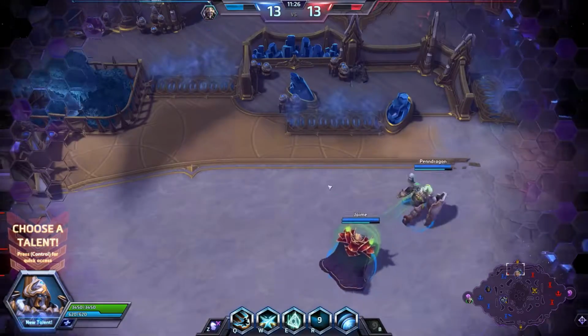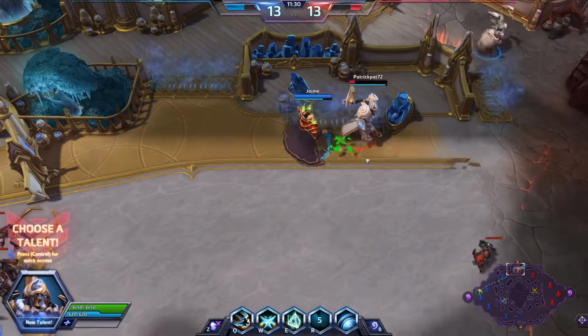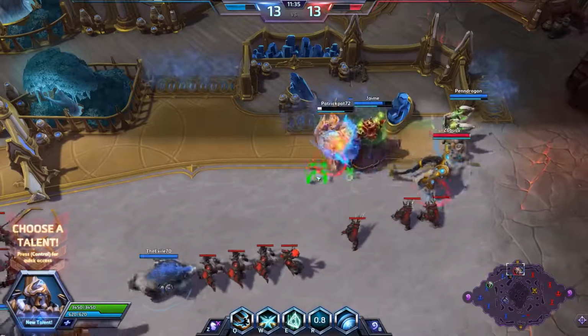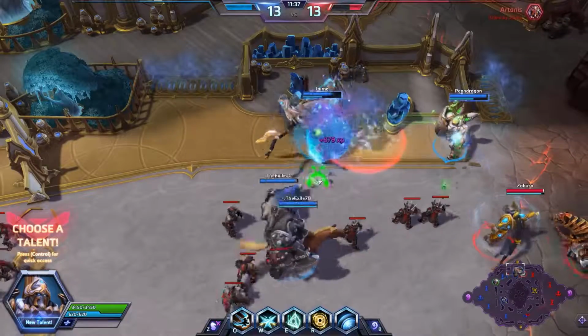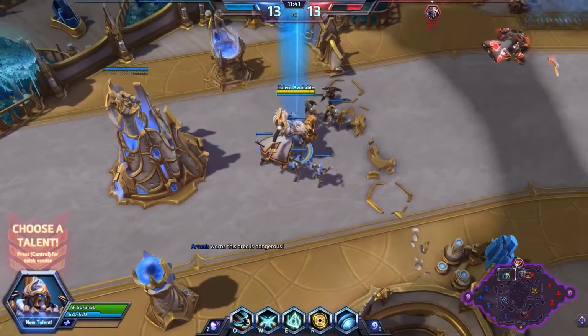Now Artanis in a lot of trouble. Can he get away from this? It looks like he is going to try to juke, but Kelthus just walks up and starts shooting him in the face with those auto attacks. And that is almost a kill, although the shield pops up. Morale is keeping Kelthus up, and we do secure the kill, although I'm pretty sure the enemy Stitches is up